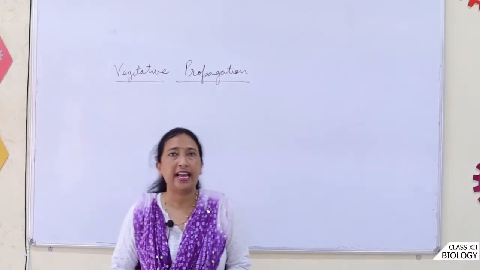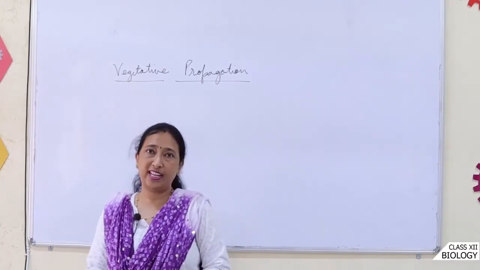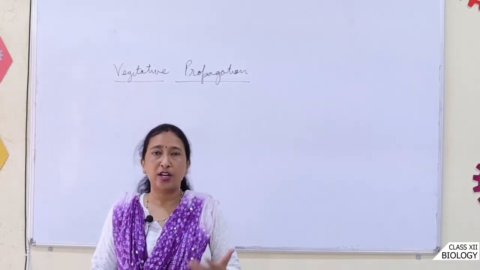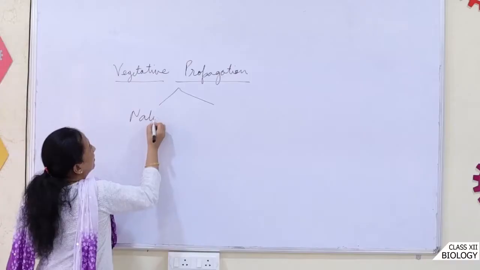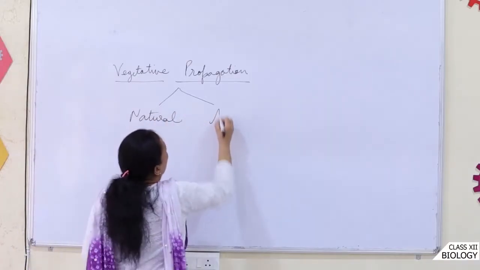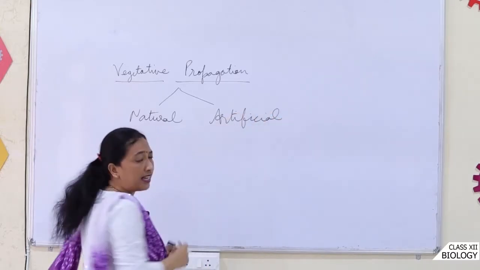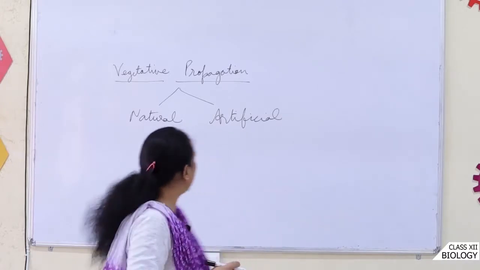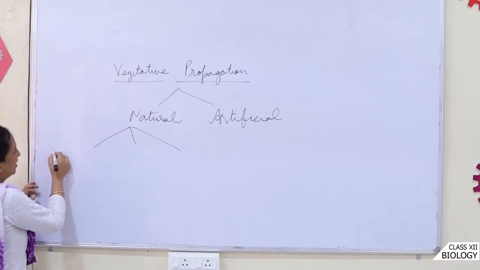We had earlier seen asexual reproduction, how it takes place, and sexual reproduction, how it takes place in organisms. Now we will see how vegetative reproduction takes place. We know that vegetative reproduction is necessary and it takes place by two means, that is natural as well as artificial methods. If we see vegetative methods by natural methods, vegetative propagation takes place by three means: vegetative propagation